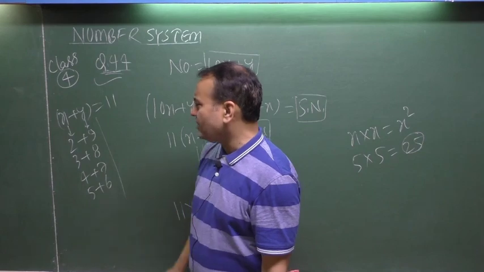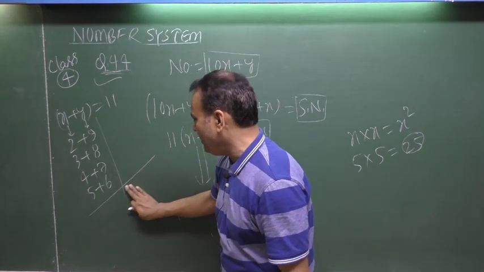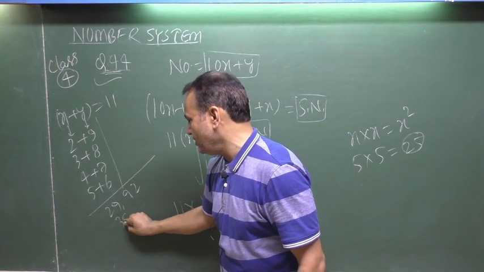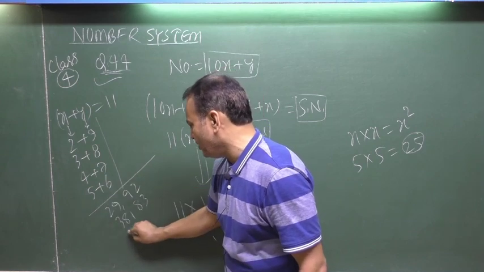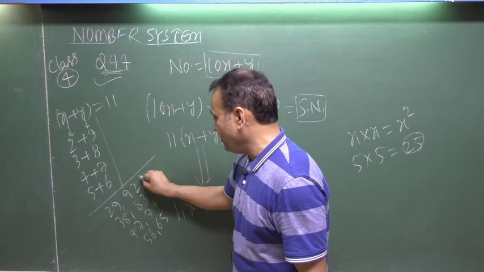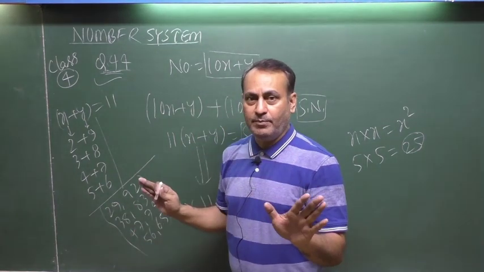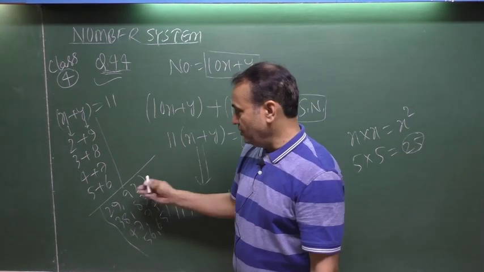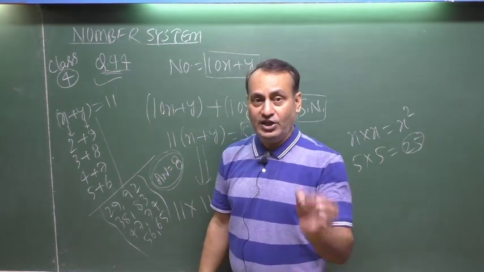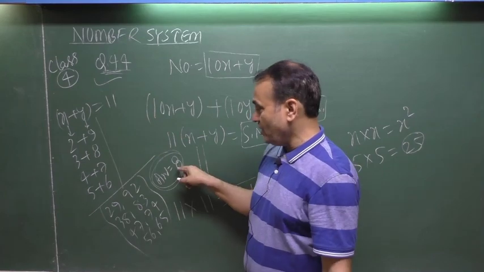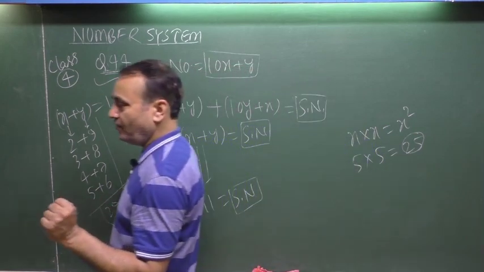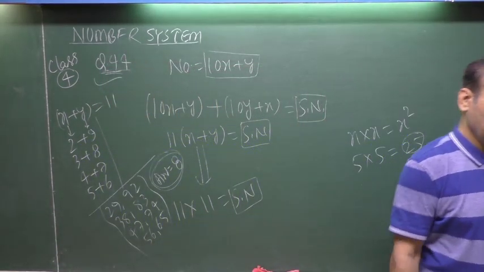That means you have to make numbers now. The numbers may be 29, 92, 38, 83, 47, 74, 56, 65. Thus you got all those numbers, and in counting these are only 8. That means your answer became 8. Such numbers are only 8 in the number system. Firstly note down, this is your answer. There are only 8 two-digit numbers in the number system that obey this situation. Note down.